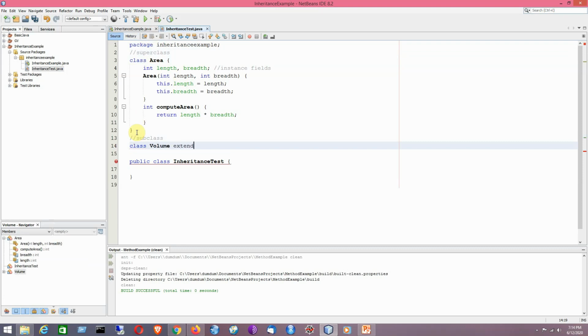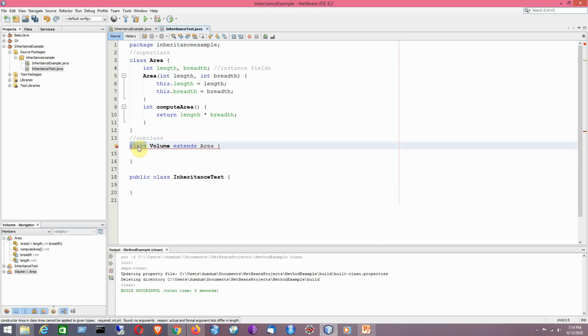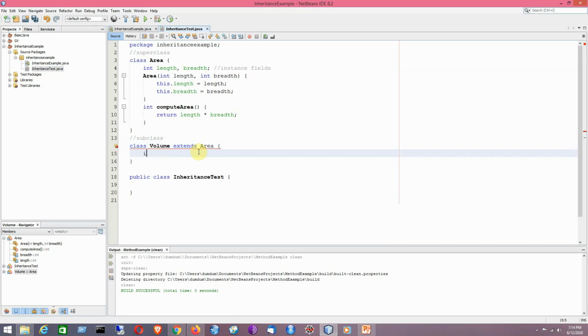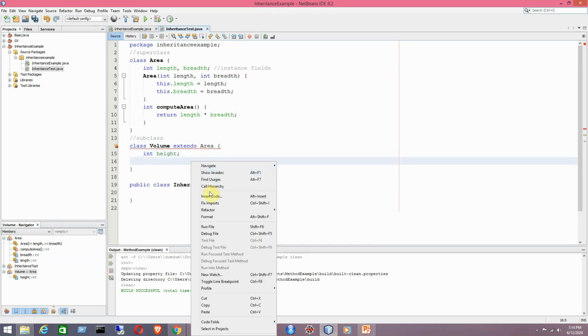Now I will write the extends clause here, then comes area, which is the superclass. So it is the name of the subclass which extends the superclass area. Suppose it has a new property called height. Okay, now I will insert the constructor for you.